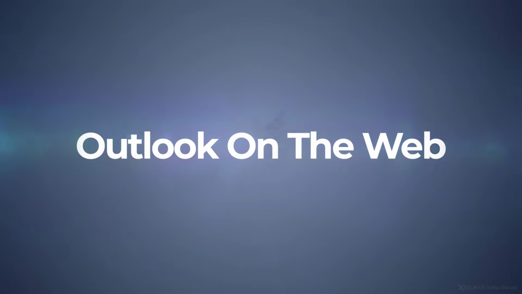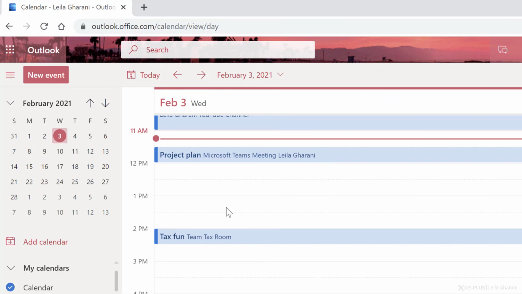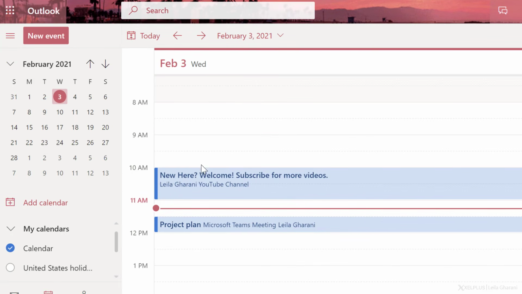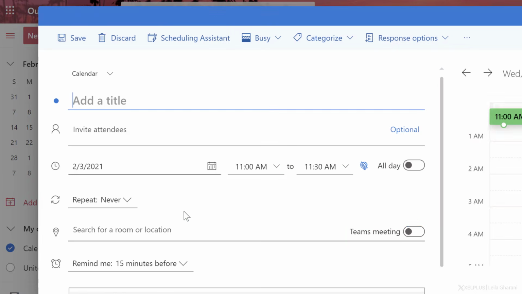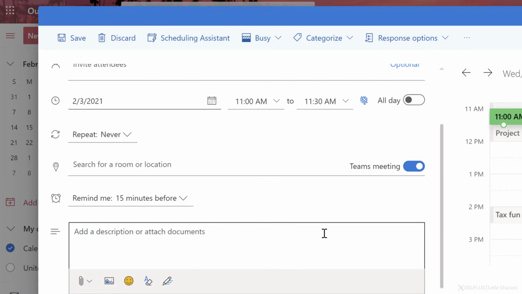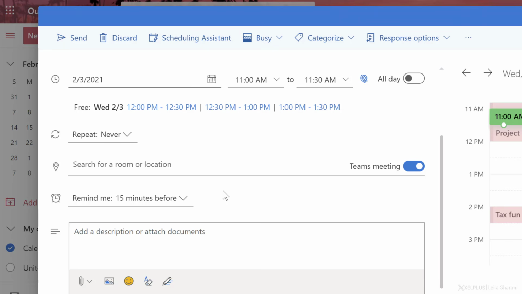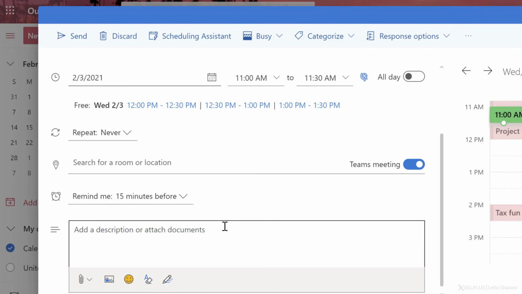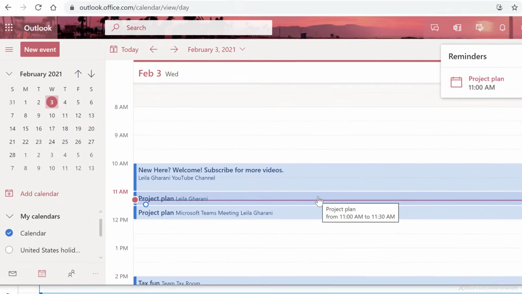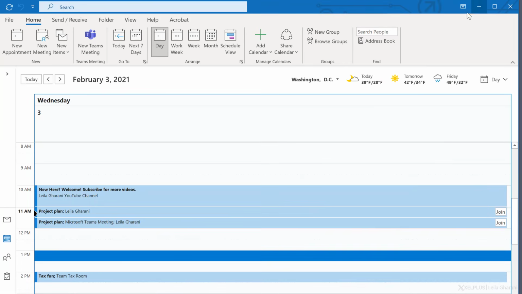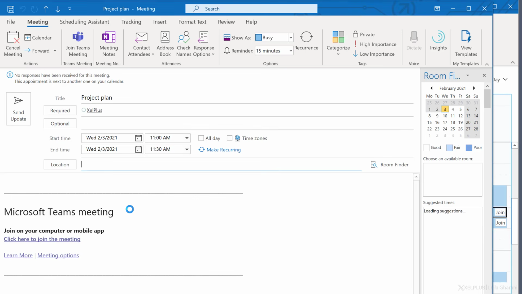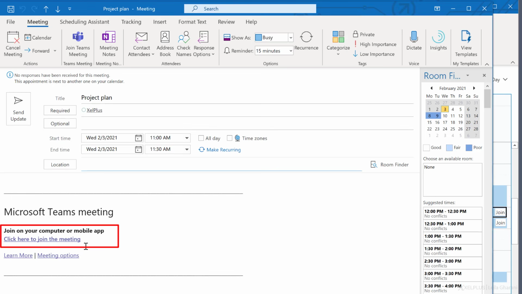Now, what if you're using Outlook on the web? So let's say you're traveling, you just log in from some computer to your Office 365 account and you want to send a Teams invite from here. All you have to do is go to the time you want to create that meeting. Let's just double click in here, enable Teams Meeting. That's it. Add your title like you would before, invite the attendees that you need, add any other information you want to have for that meeting, and then click on send. Now, if anyone goes to that meeting, so let's go back to Outlook. If I open this meeting, I can see the link for the Teams meeting in here.